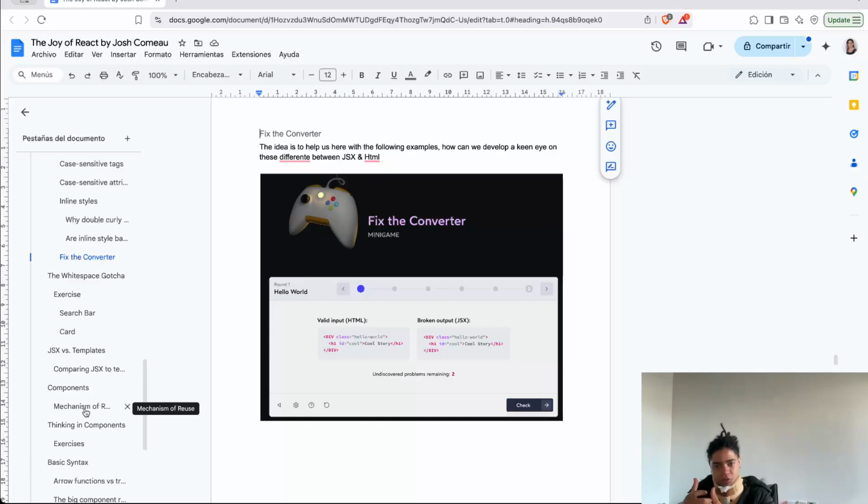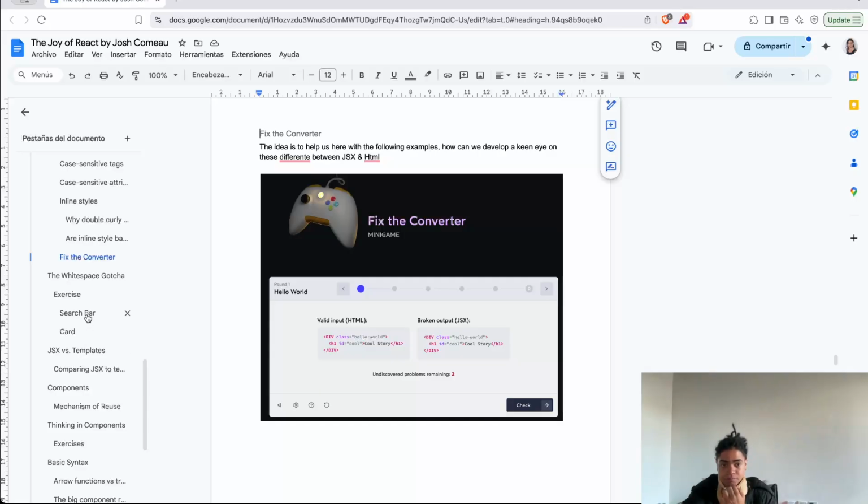So the idea here is to get yourself familiar with the process of React.createElement, and how JSX converts all of those tags into this JavaScript code,